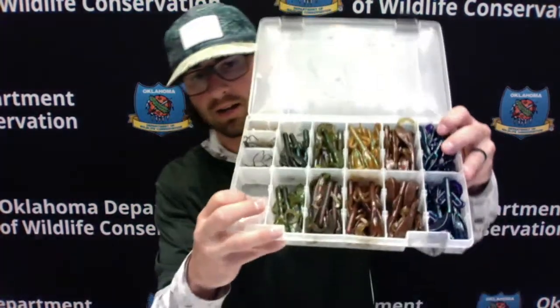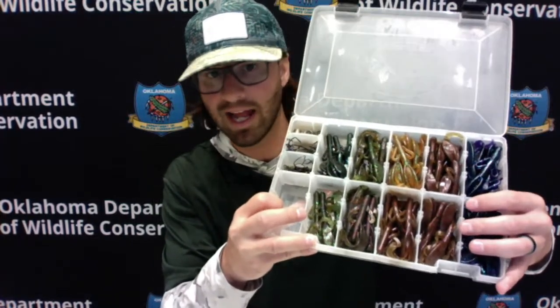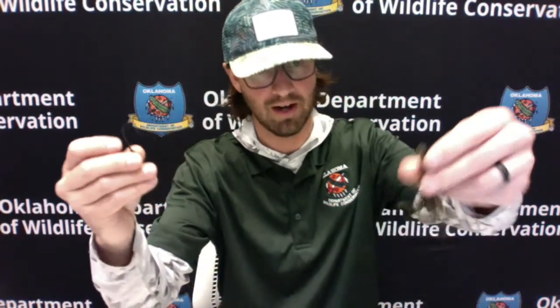Here's a pretty staple, especially here in Oklahoma. Brush hogs, baby brush hogs. Again, you can fish these straight on a jig head. You could put it on some type of jig head just like this. And these are pretty straightforward. If you're putting it on a jig head, all you're doing is just working that bait up the shank